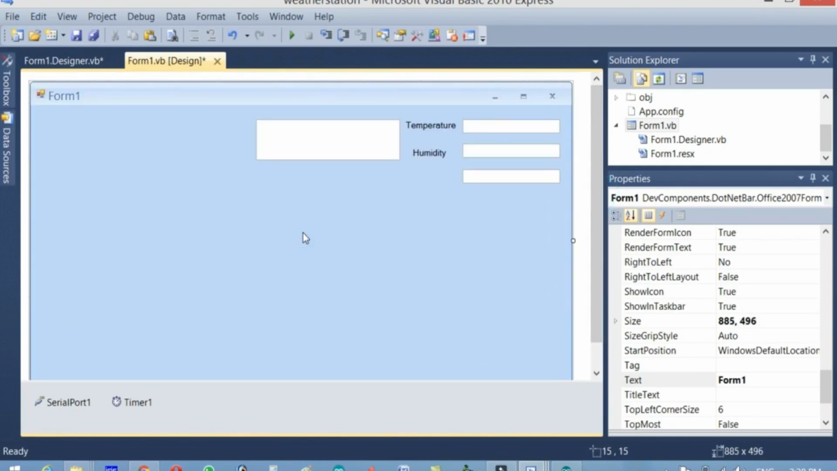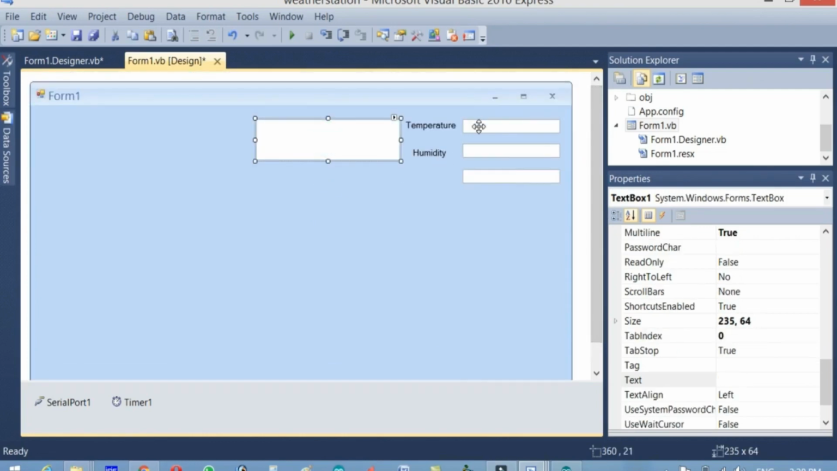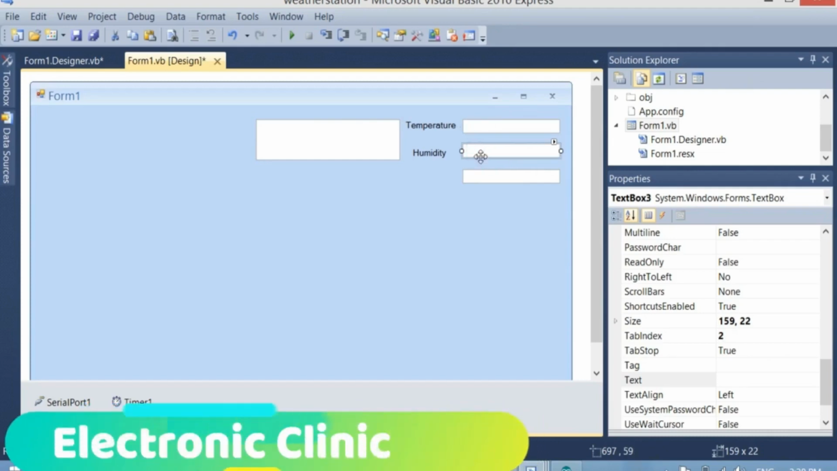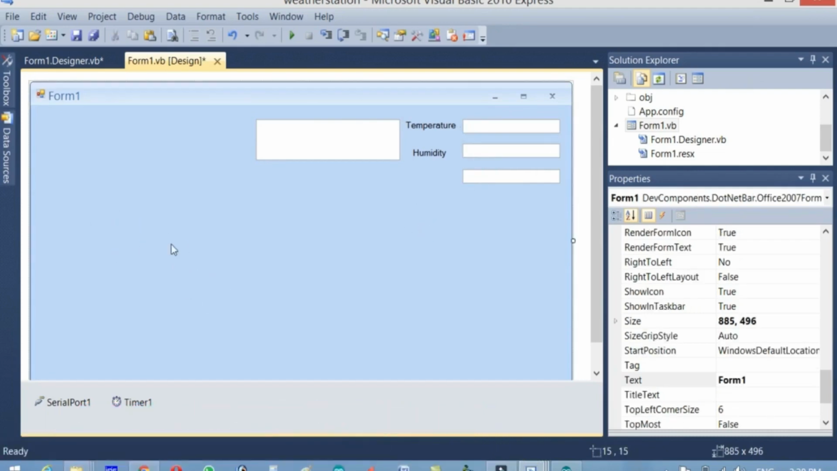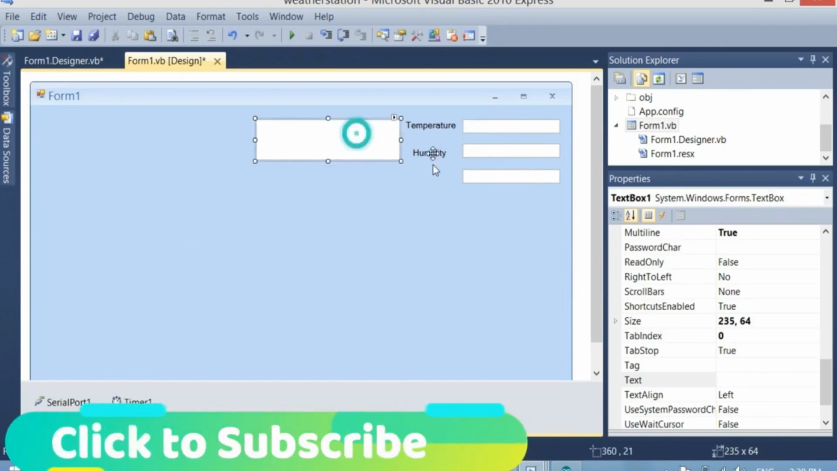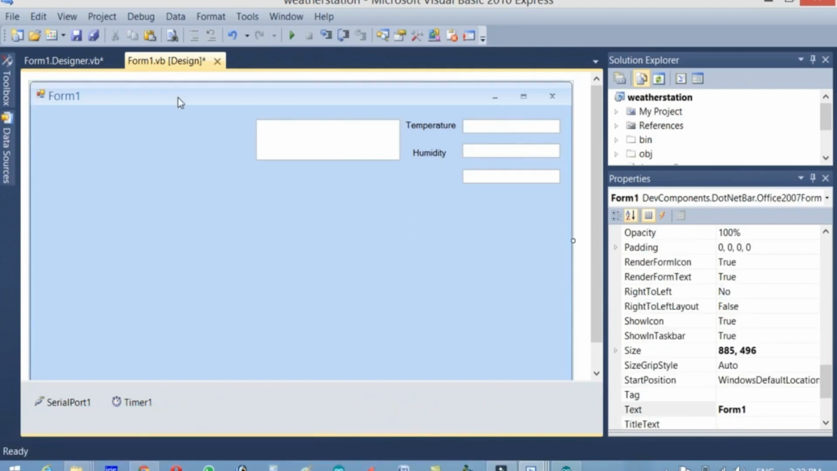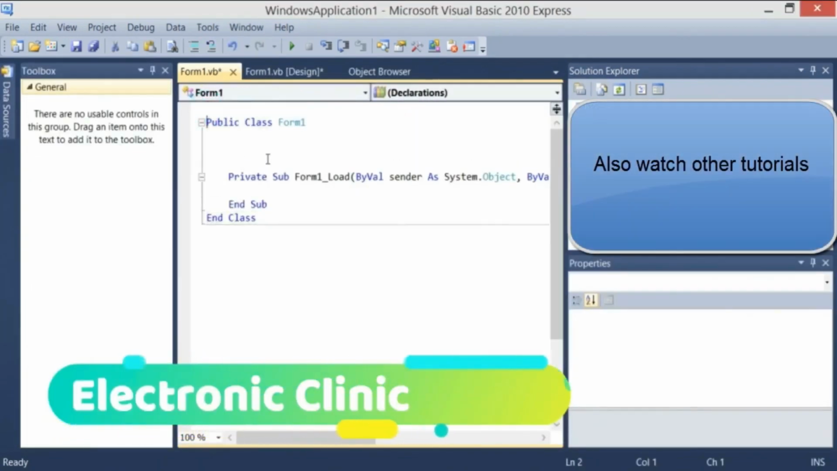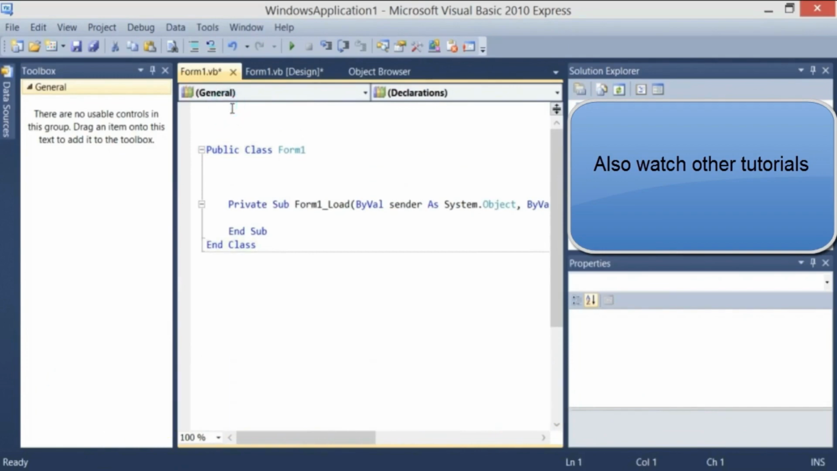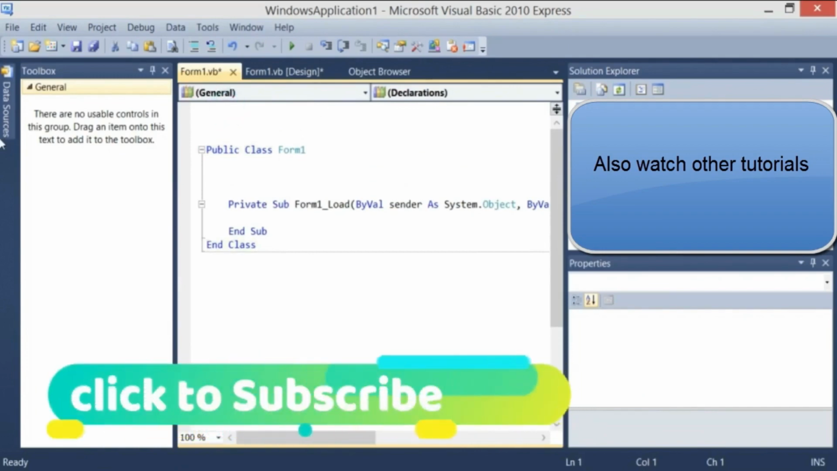First of all, we will only read the values over here and then split those values and display the temperature and humidity values in their boxes. After that, we will be adding a graph to display these values. The first and most important step is to receive the data and split it. So let's first do this. My friends, double click over here, click over here and enter, and start by typing